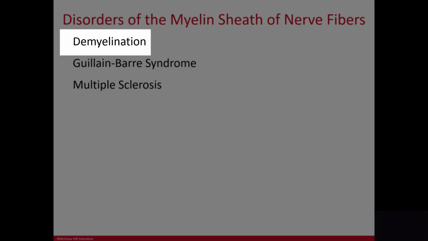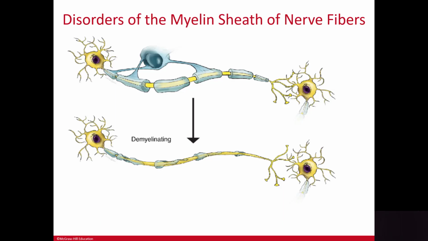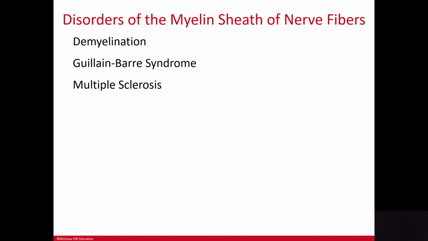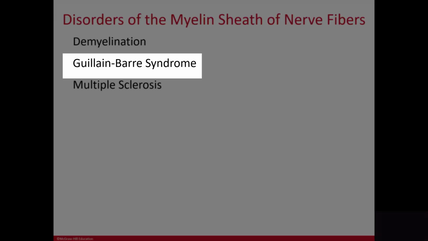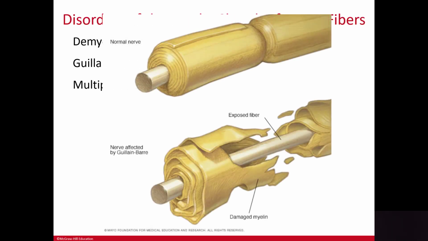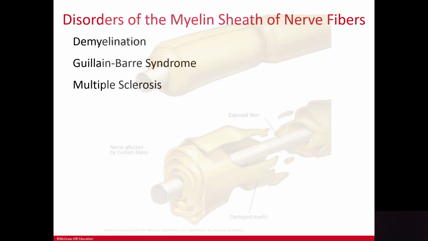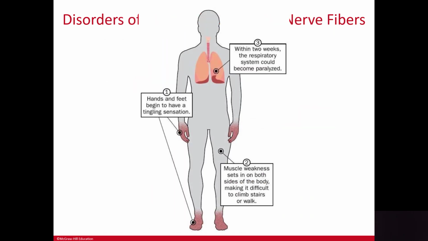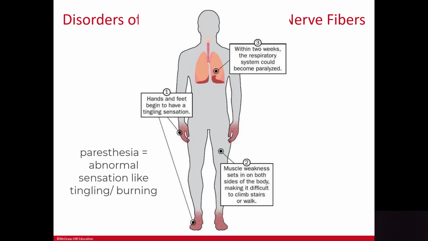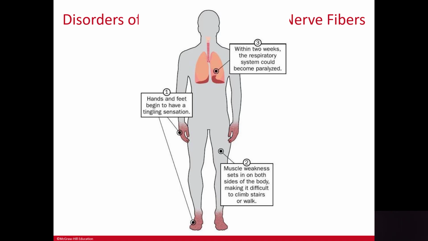Demyelination is the destruction of an area of the myelin sheath that occurs in the PNS and can be caused by disease, inflammation, B12 deficiency, poisons, and some medications. Guillain-Barré syndrome is a disease where the body produces antibodies against the myelin, which leads to a loss of nerve conduction and results in muscle weakness and paresthesias. Paresthesias are abnormal sensations like tingling, burning, or prickling sensations, like that feeling you get when your foot falls asleep.